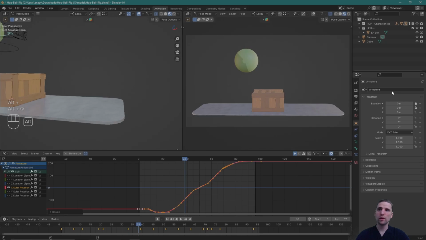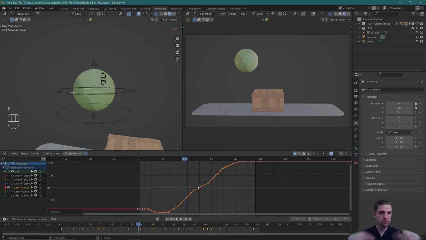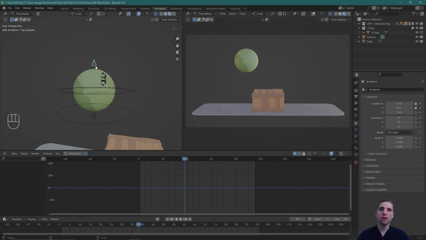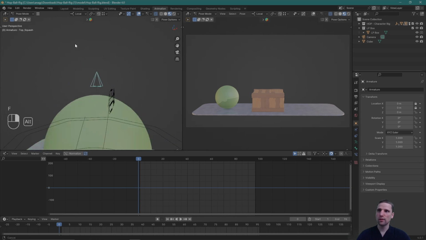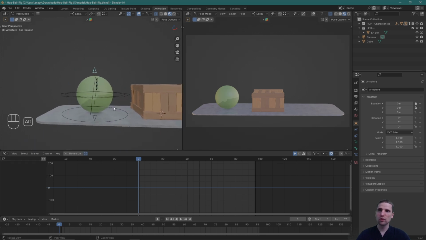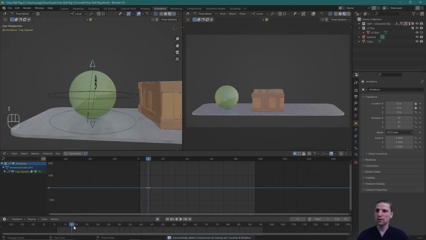Yeah, okay, we'll keep it like that. Let's go ahead and start working on it, and we can always go back and add a little more if we feel like we need it. Let's go ahead and start adding our squash and stretch. I'm going to add a little bit of squash and stretch on the beginning, on that anticipation. So I know it's starting at frame 7. I'm going to hit I, insert a key,